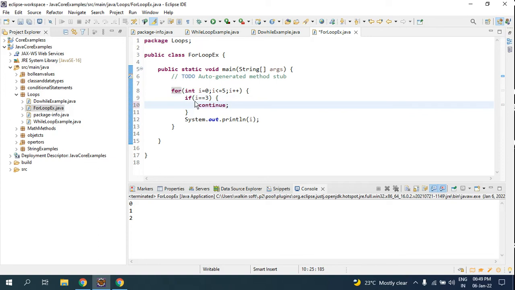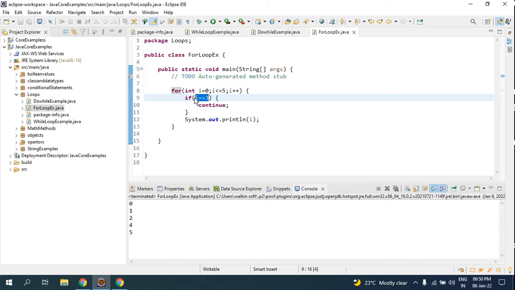So when you use this, if i equals 3, that is a condition, meaning item 3 is something plastic. When the loop iterates, you will get the output, but 3 will not be visible here. Look, 0 1 2 4 5, 3 has been skipped. So this is how you pull out a loop on certain conditions. If you want to leave out an element, you can use continue. So 3 is evacuated.